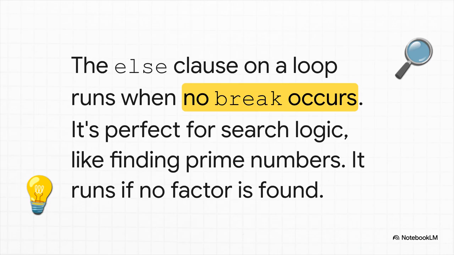Okay, here's the secret to the loop else. It has nothing to do with an if statement. This else belongs to the for loop itself, and it only runs if the loop finishes completely from beginning to end without ever hitting a break. This is perfect for searching for something. If you find your item, you break out. But if the loop finishes and you never found it, the else block runs, letting you handle the not found